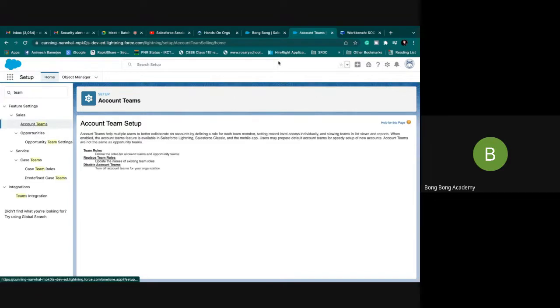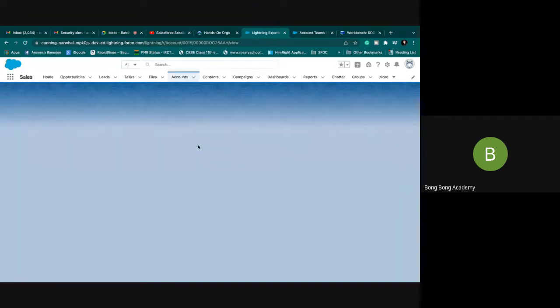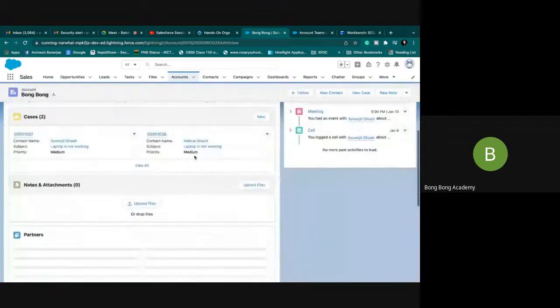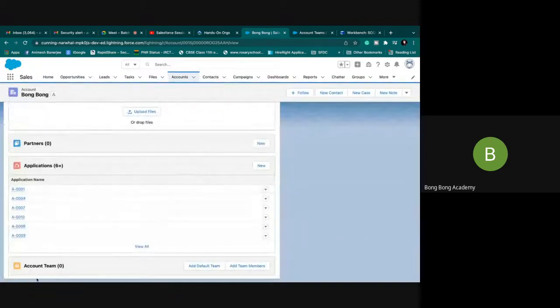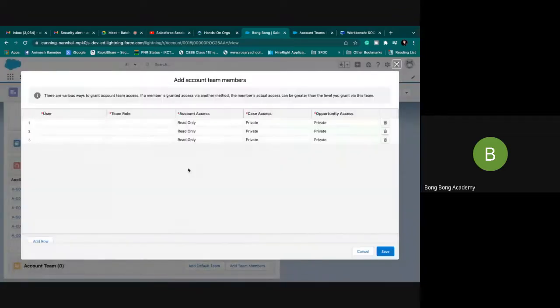So for account teams, whenever you have selected it, if you refresh this page now, you will see there is an account team by default. You can create your own default team also. That means a set of users you can assign, and then you can add the default team. Say there are 5 or 6 people you always add to your records, right? So you don't need to add them again and again, one by one. You can create your default team, and then you can add them in one shot. But individually, if I want to add it, let's see.